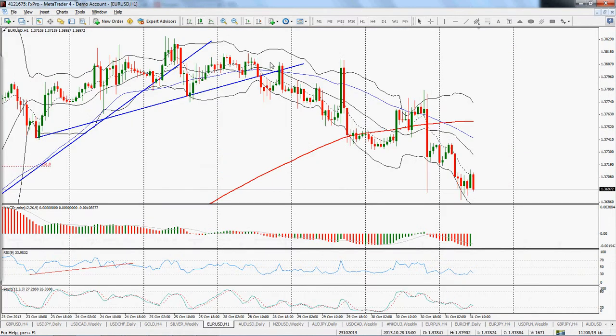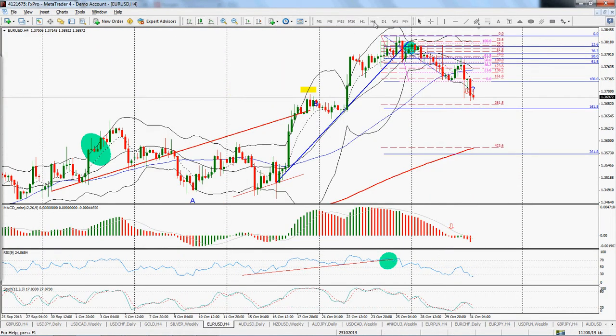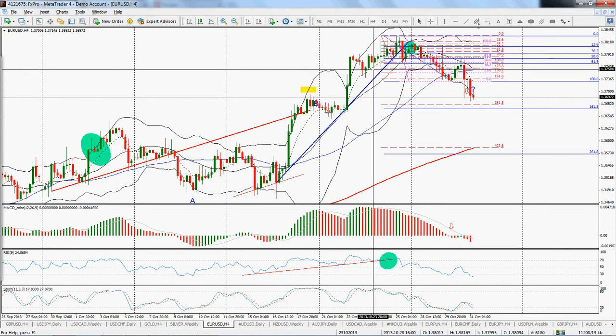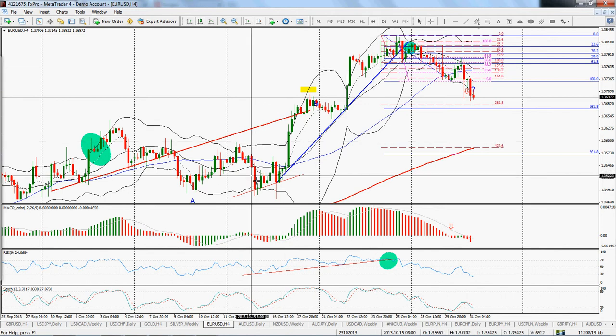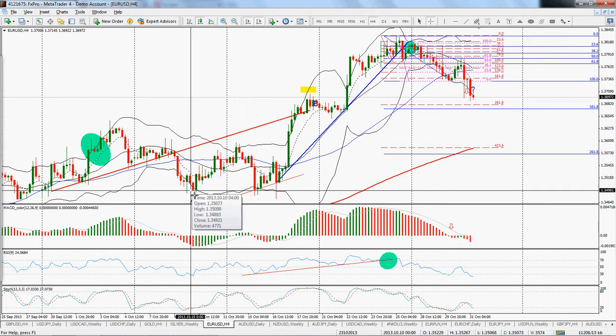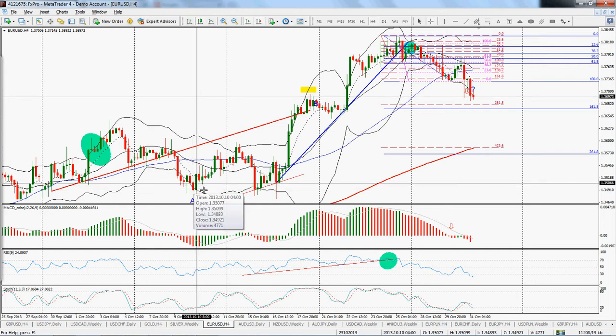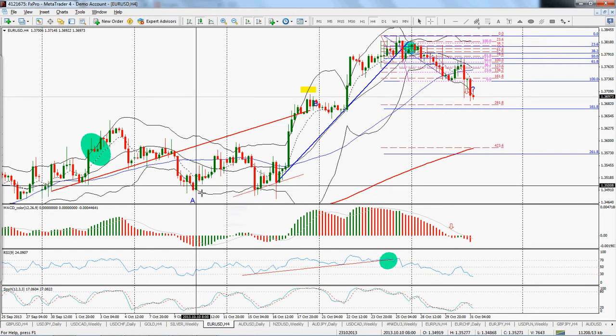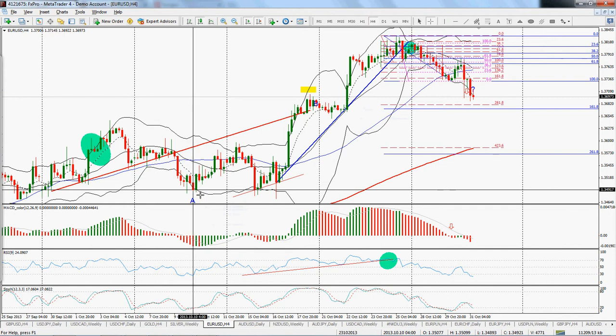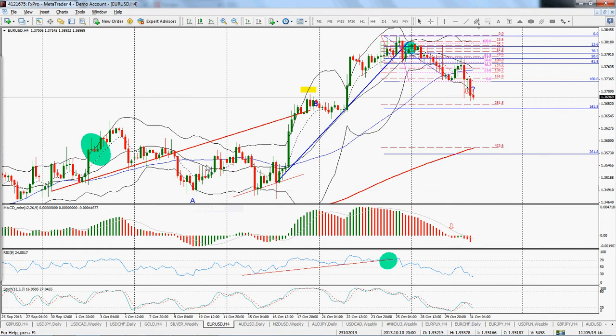Okay, so that was the 15th. That was here. I was already thinking that the market should go to the upside, and I sent this position when we were here, and I made roughly 40 pips or something like that,